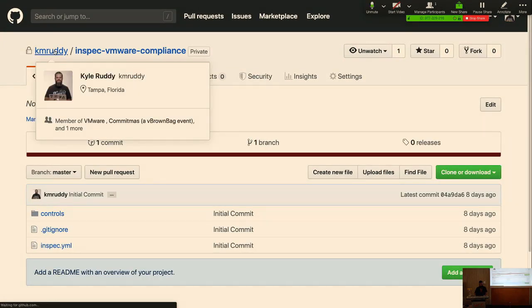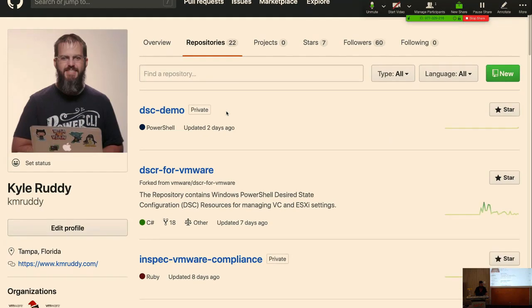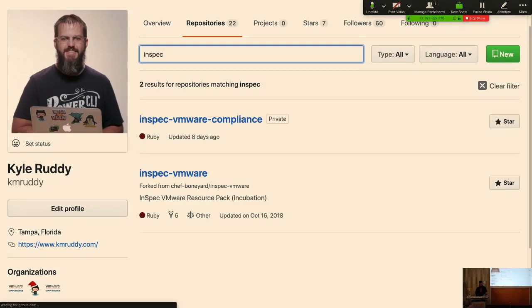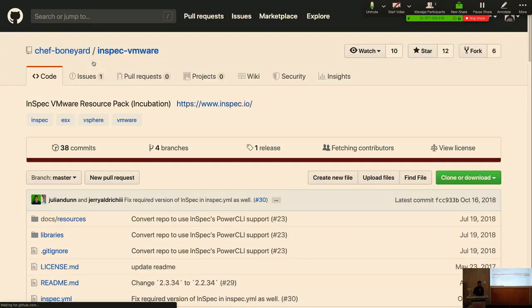The other thing that is worth mentioning here, they sprung a little bit of a surprise on me, because the original InSpec VMware now lives in the Chef boneyard. Apparently they have given up maintenance of this. So now I'm going through the process of figuring out, is this something that I can talk them back into bringing inside of Chef, or is this something that I need to take over ownership and maintenance of? So keep that in mind as well. On the other hand, InSpec also has, instead of the VMware,